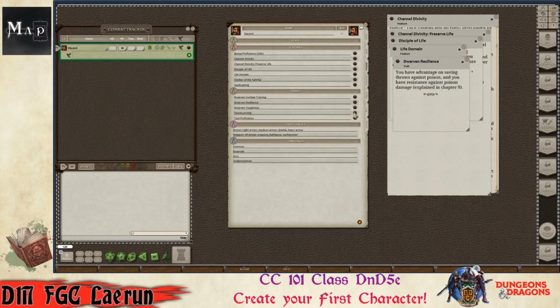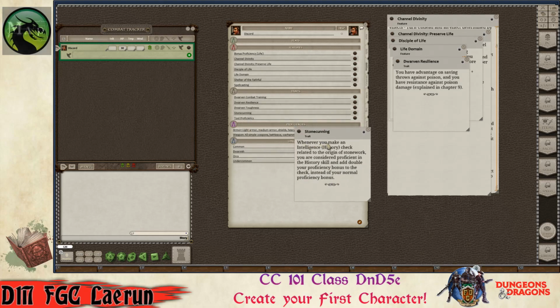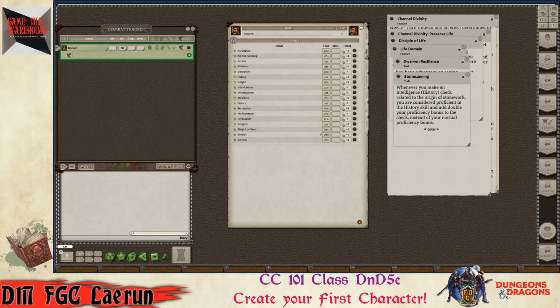Stone Cunning. There's different ways you can handle this, but it says when you make a history or intelligence check related to the origin of stonework, you are considered proficient in the history skill and add double your proficiency bonus to the check instead of your normal proficiency bonus. There's a couple ways to handle that. I think there's a cleaner way to do it, but you can either use Rob 2E's coding effect, or you can come to skills,